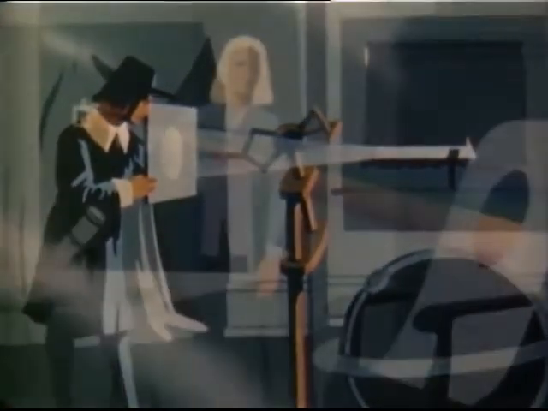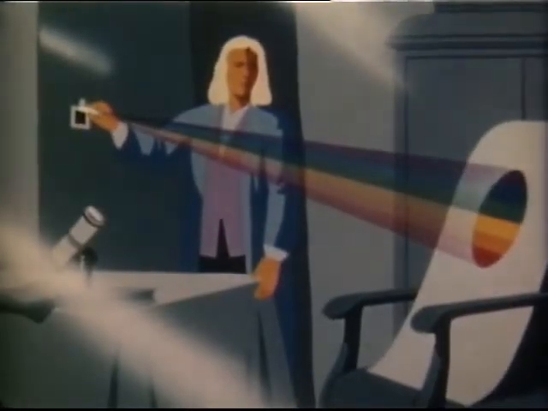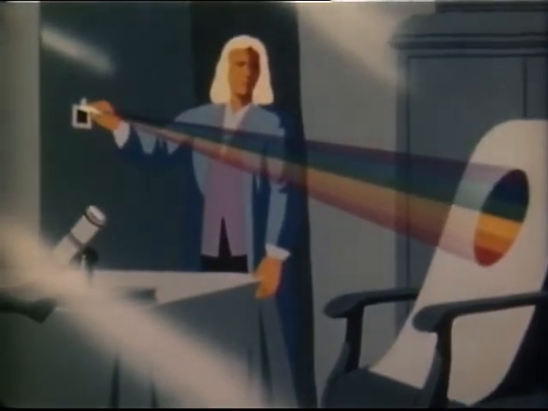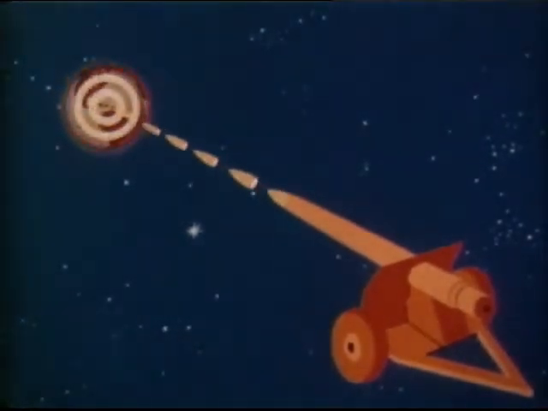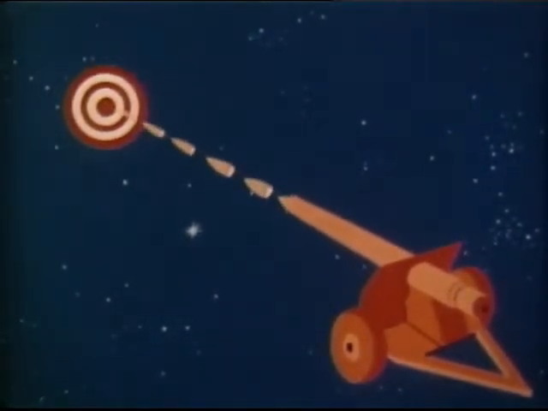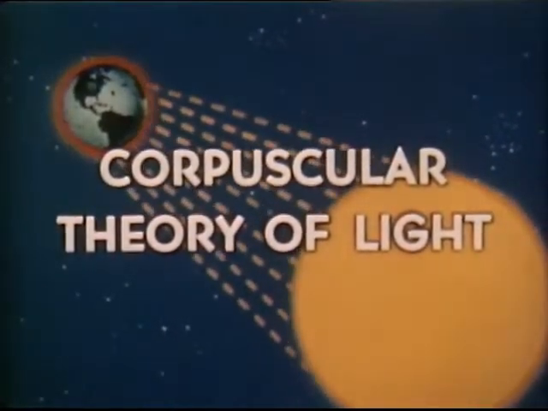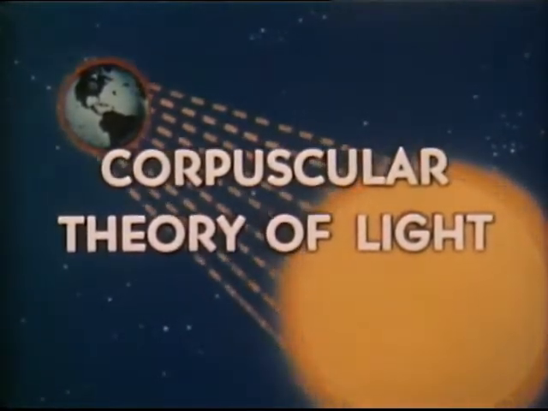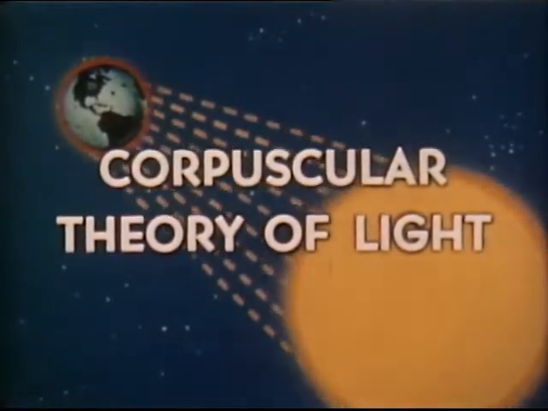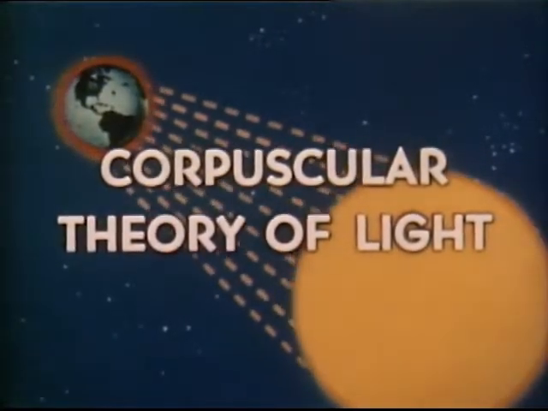Light, for instance, is a form of energy with which scientists have always been vitally concerned. Sir Isaac Newton, 17th century physicist, was a strong advocate of the theory that luminous bodies, such as the sun, shoot off tiny particles which travel at high speeds in straight lines like bullets from a gun. These were called corpuscles, and the concept became known as the corpuscular theory of light. It explained the simple factors of reflection and refraction and other light properties as they were known at the time.